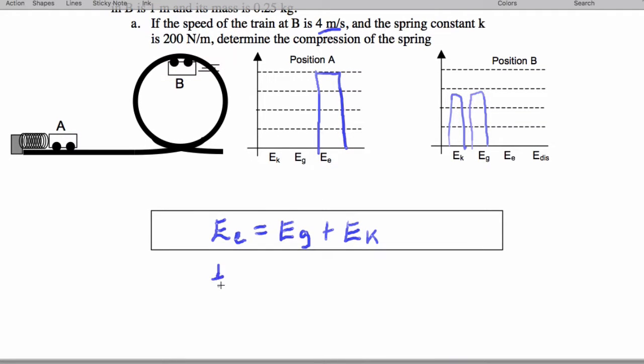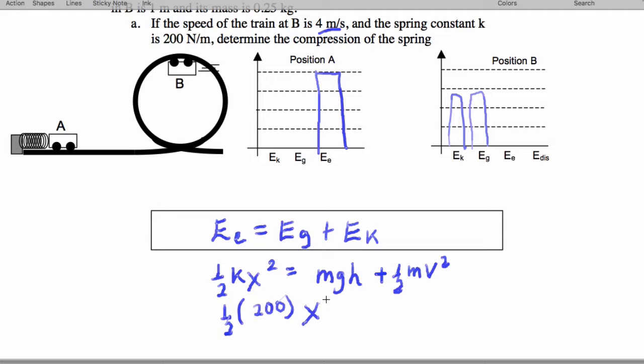So here we go, 1/2 kx squared. X is what we're solving for, by the way, equals mgh plus 1/2 mv squared. So exciting. Let's put in our numbers. 1/2 times 200 times x squared equals m,